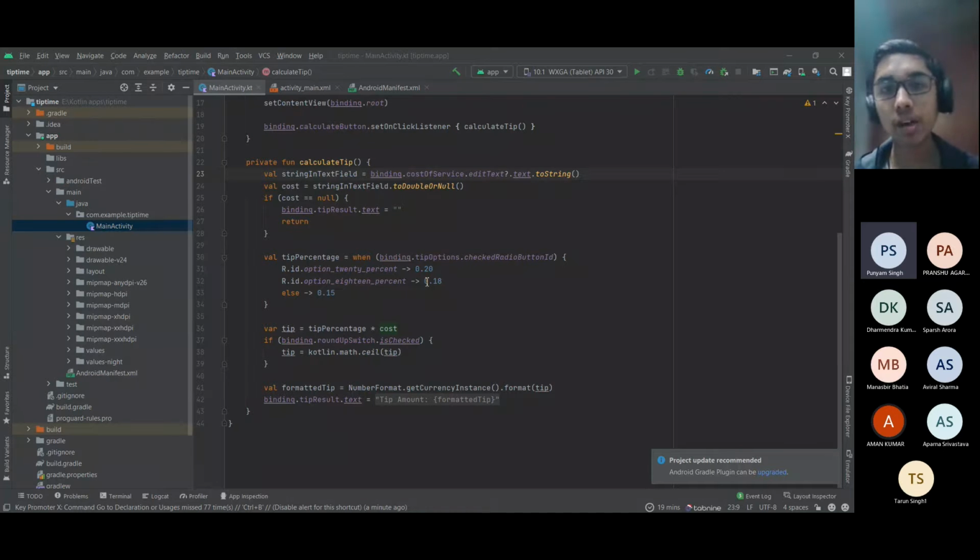And then attachToRoot. You have to mention false when you're creating your view inside onCreateViewHolder. If you don't, it will give you an error. But that basically means that if you put it as true, it will attach it to the parent. So it will say that this element I put in the parent here. But if you put false, then it says that we just instantiated it.